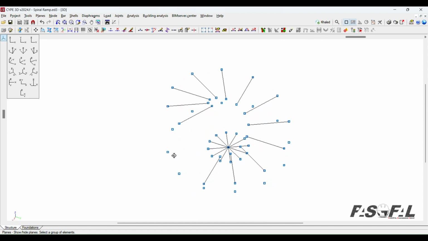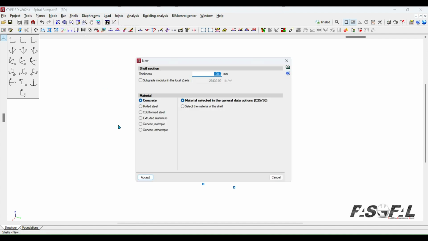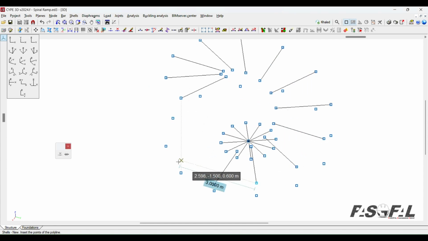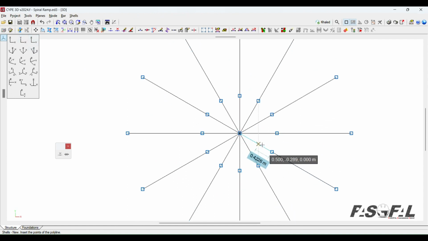Okay, so how can I do that? If I go to the shell, go to new, so here you can say that you have the concrete wall and the thickness, for example, is 200. Okay, so you can specify the grade of the concrete material in the project general data option, which is not right now our purpose. Okay, so I will go to accept, and once again if I go to top view,